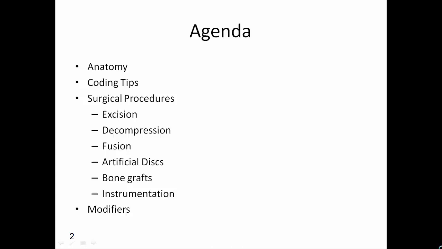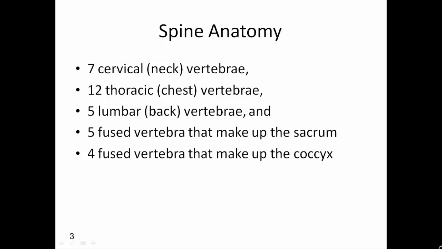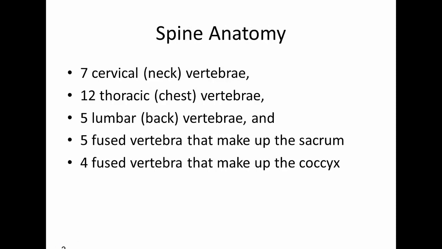Okay, let's go ahead and get started on the actual anatomy. When we're looking at the spine anatomy on slide number 3, some would say there are 3 portions of the spine, some would say there are 4, and some would even say there are 5, depending on who you talk to. Here the different sections are listed. There are 7 cervical vertebrae, 12 thoracic,